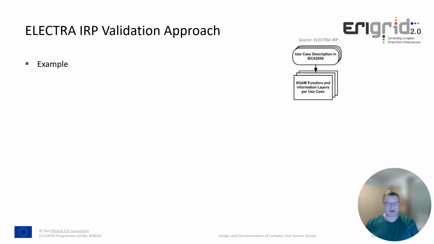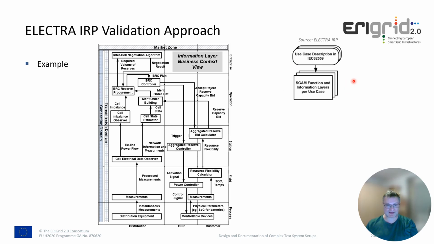I want to show you this approach in form of an example. We start here typically with the use case description in IEC 62559, this IntelliGrid use case approach, followed by the SCAM functions and information layers per use case. So we have here taken an example from the Electra web of cell concept, where